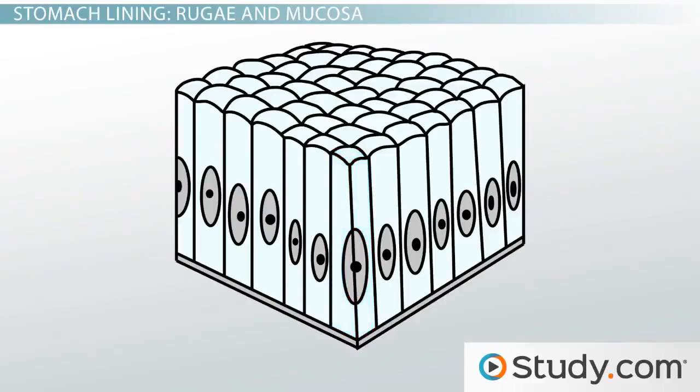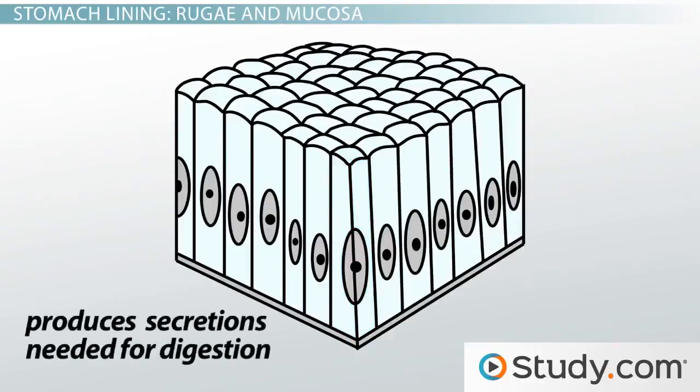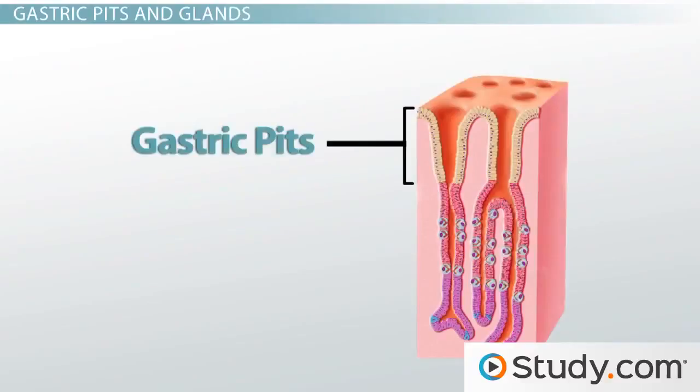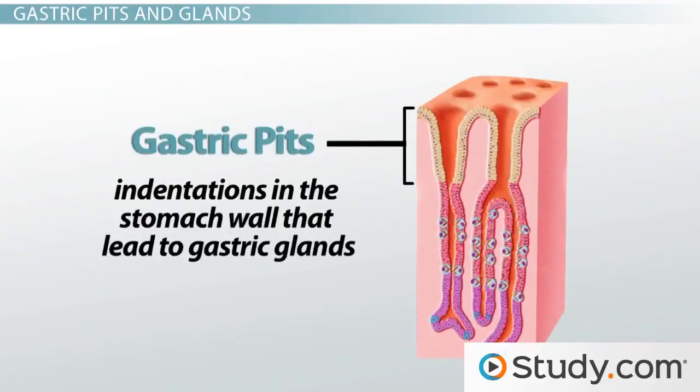These cells are specialized to help deal with different conditions needed for digestion. Specifically, these epithelial cells produce many of the secretions needed to help digest your food. Now the mucosa of your stomach is dotted with millions of deep gastric pits. The term gastric refers to stomach, and we see that gastric pits are simply indentations in the stomach wall that lead to gastric